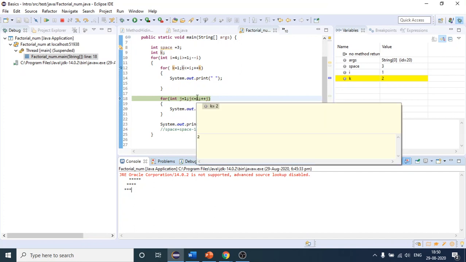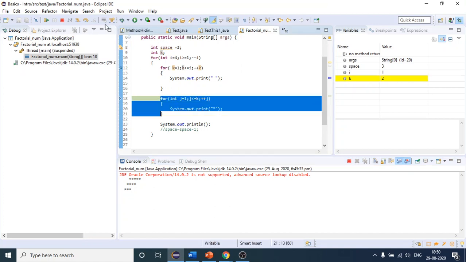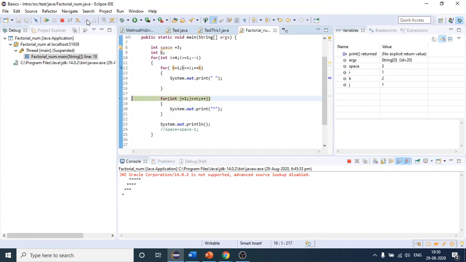This will again run 2 times because k value is 2, as you can see on the right hand side. k value is 2, this will run 2 times and it will print 2 stars, 1 star and then second star. After that, this will terminate and we will again change our line. Anyways, after the execution of this program it doesn't matter, but it will change the line as we have written it.